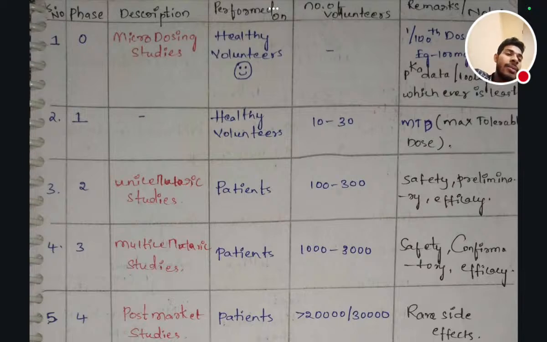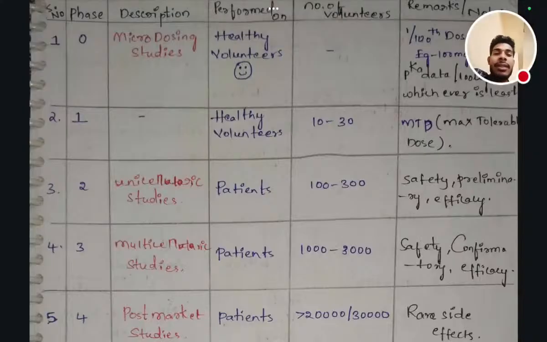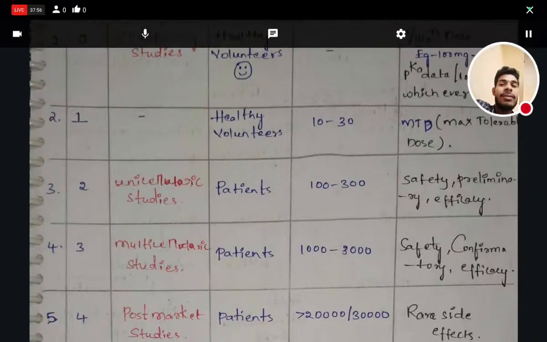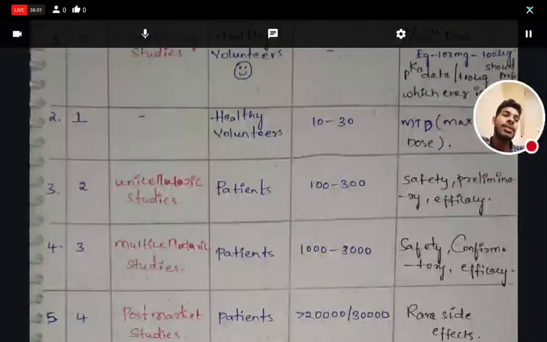Now, phase 1 is called maximum tolerable dose study. Phase 2 is called safety, preliminary and efficacy study. Phase 3 is called safety and confirmatory efficacy study. Phase 4 is for rare side effects. To know the rare side effects, phase 4 is done. Already I have mentioned that earlier. Okay, so up to this, the clinical study will be complete. Schedule I will